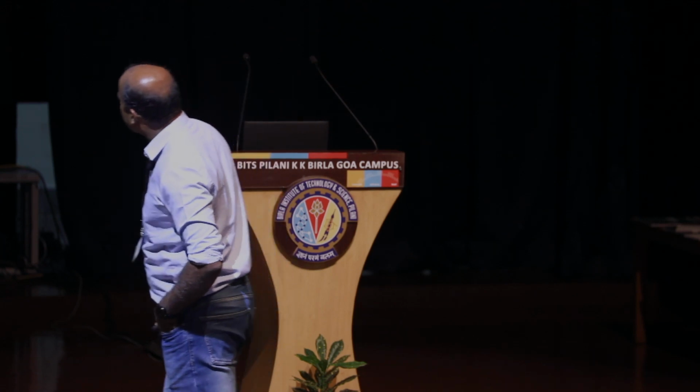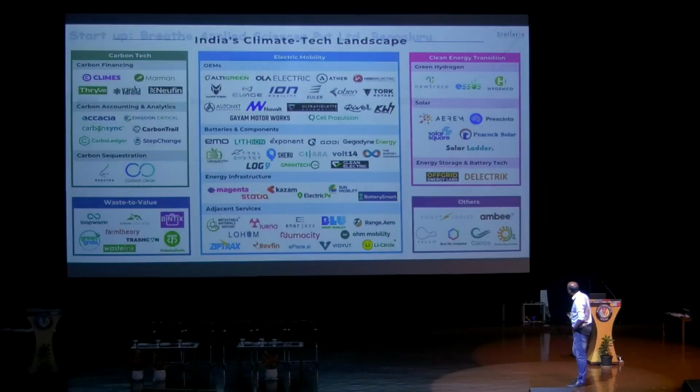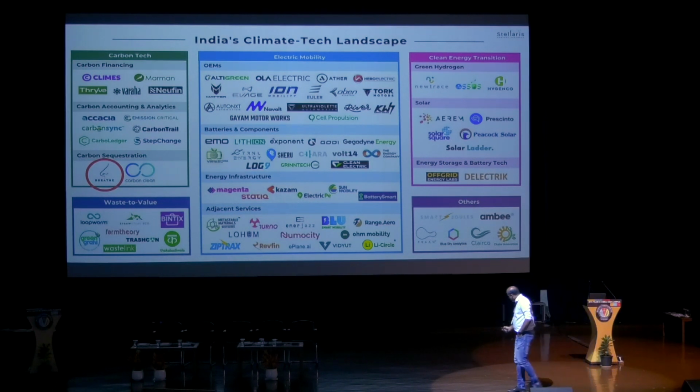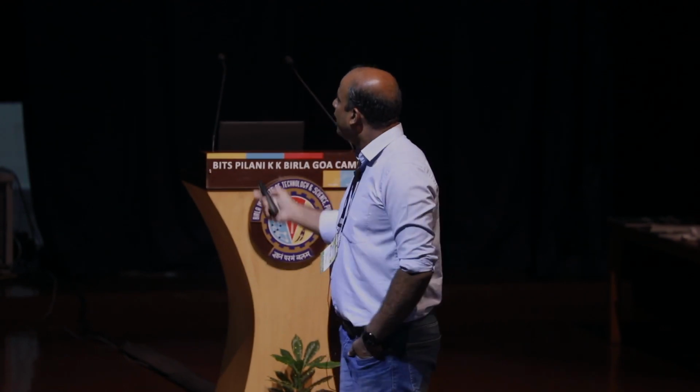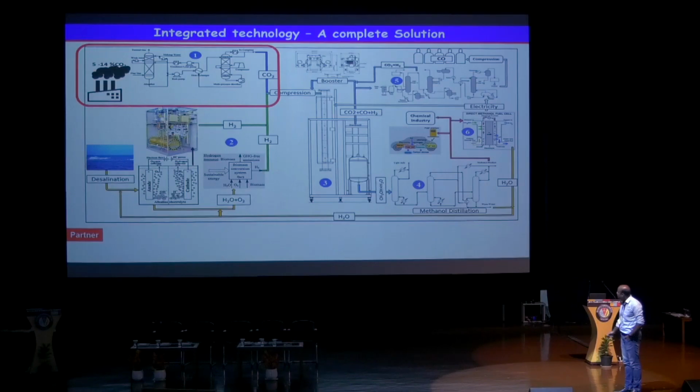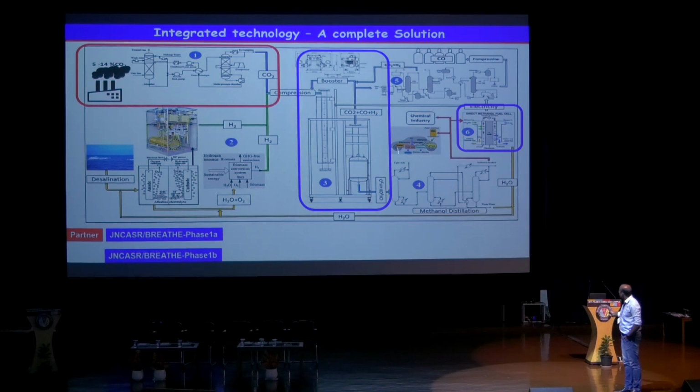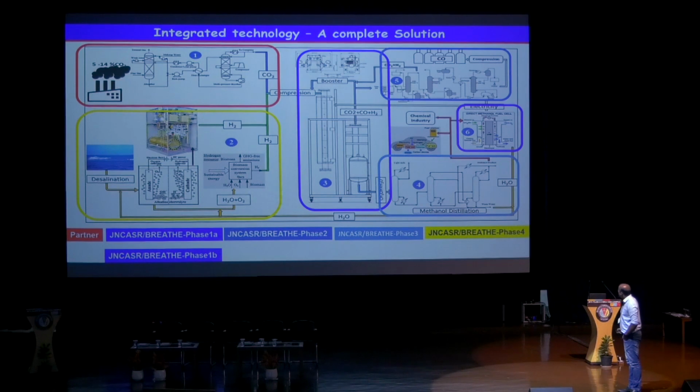So what we have done, we started a company way back in 2016. I'm not going into the detail. We also came into the picture of Stellaris, noted companies in various areas, and in carbon sequestration along with Carbon Clean Solutions, we are already listed. Carbon Clean Solutions recently commissioned a 5-ton capacity plant for CO2 capture from steel, at Tata Steel. Anyway, this is the CO2 capture technology, we have a partner, and this is the technology we have developed. I'm not going into any engineering part, but there are engineering partners involved. And then recycling and product distillation, and finally